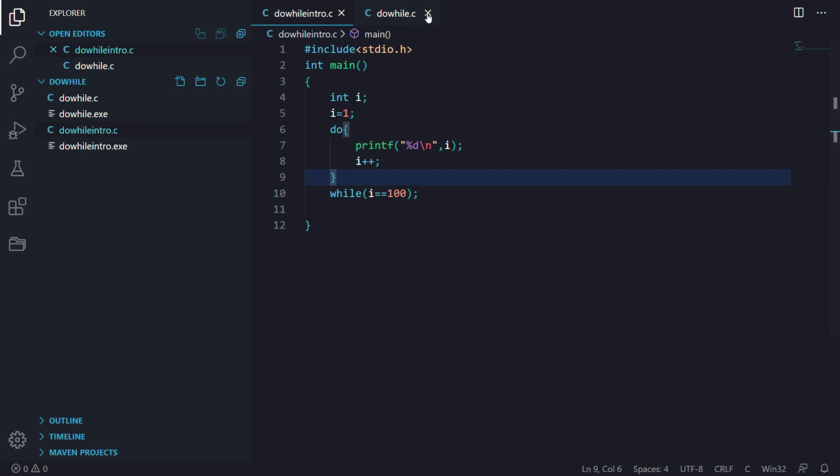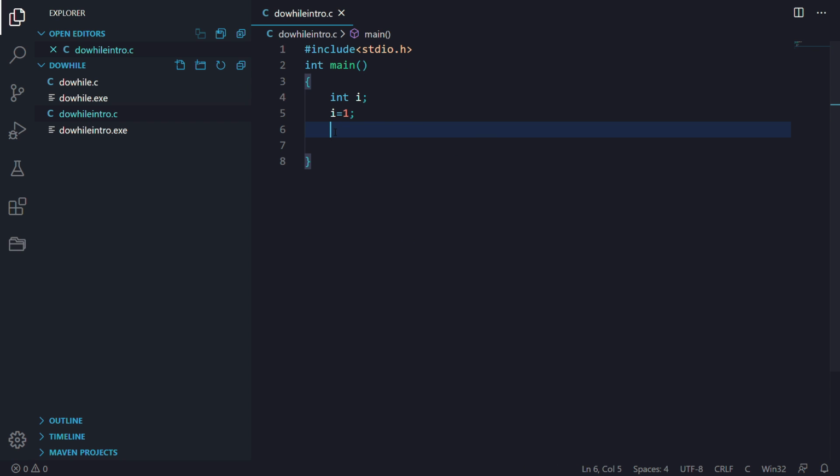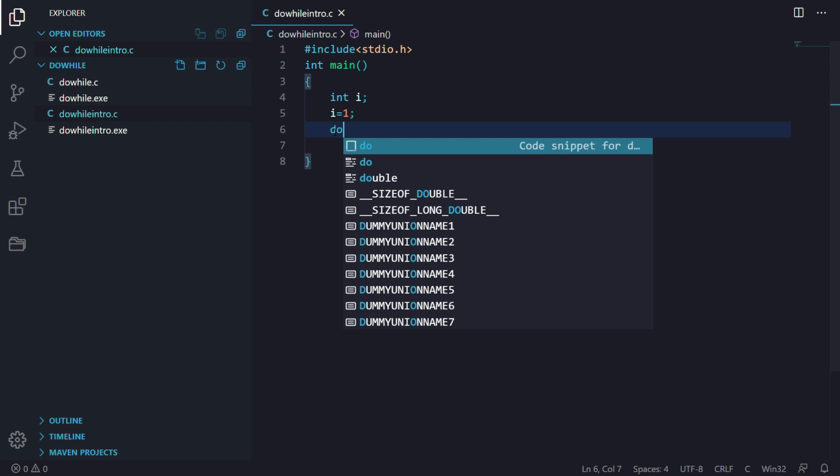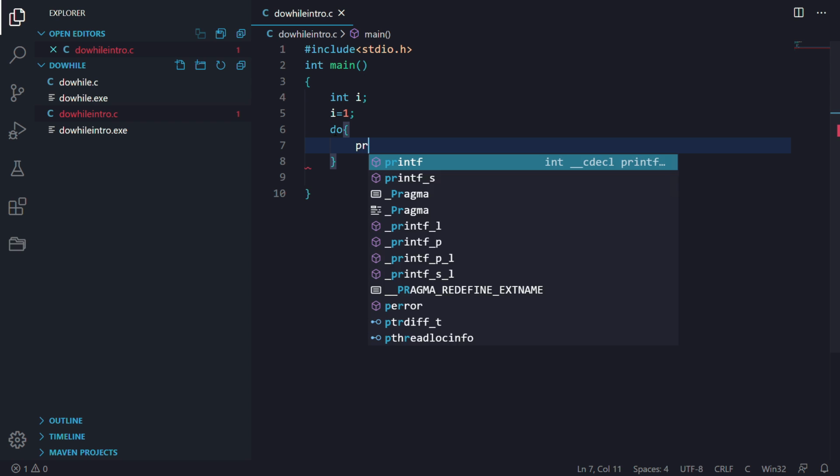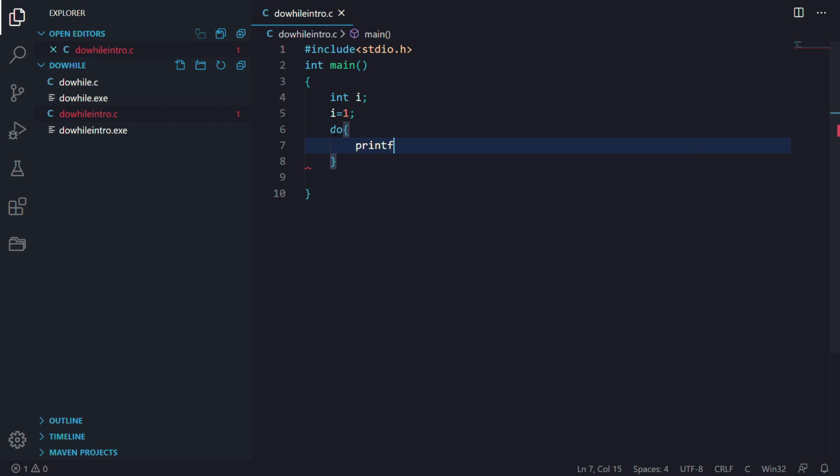Now let us see where we use do while. Mostly we use do while in infinite loops. Let's say I want to print hello StudyLance an infinite number of times. So for that, what we will do is: do, print StudyLance,